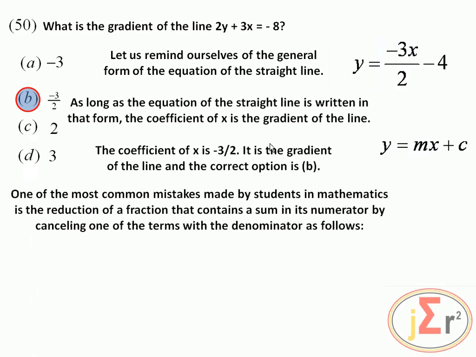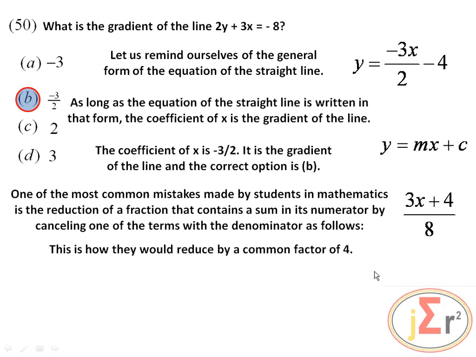One of the most common mistakes made by students in mathematics is the reduction of a fraction that contains a sum in the numerator by cancelling one of the terms with the denominator, as we shall see. Say we have this and we need to reduce this fraction. What we do is,